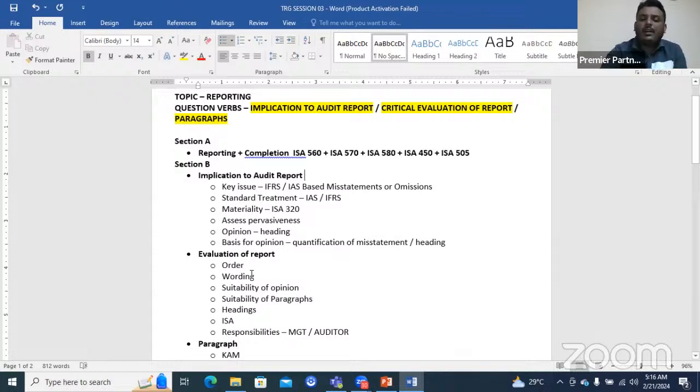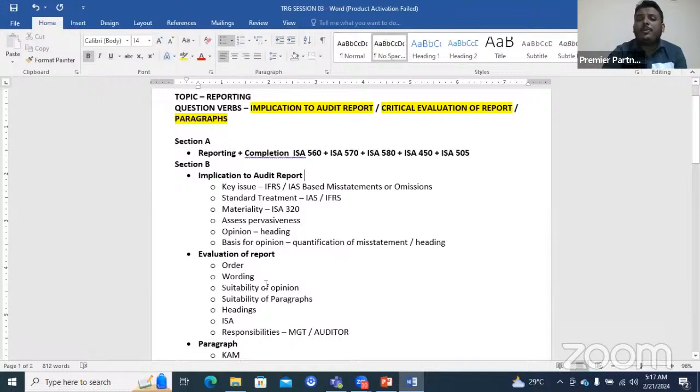When you are evaluating the audit report, you should know the order of the audit report. ISA 700 clearly says what order we should follow. If that order was not followed, you can evaluate. You can criticize. Wording: try to understand that the audit report is a formal professional report. It is not a kind of love letter, right? Because the way of writing a love letter and the way of writing a professional report are 2 different things. Therefore, when we are choosing wording, that wording should be more professional in the audit report. So wording issues might be there. Commonly, we can find issues related to wording and suitability of the